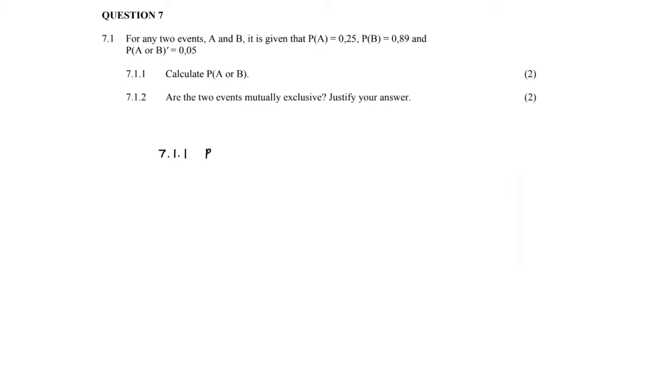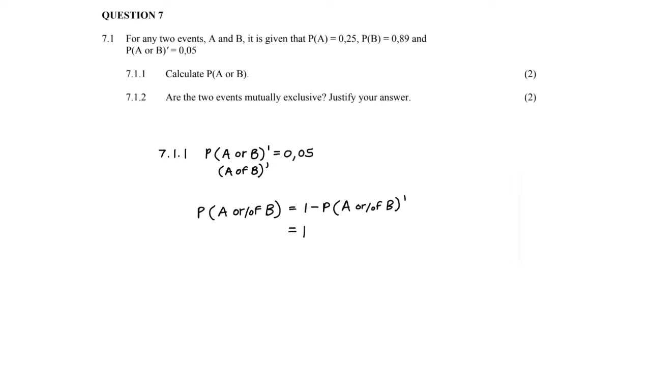Now let's take a look at question 7.1.1. Calculate the probability of A or B. Now we are given that the complement of the probability of A or B is equal to 0,05. This represents the probability that neither event A nor event B occurs. So we use the formula, the probability of A or B equals 1 minus the probability of (A or B) prime. Now we substitute the value of 0,05 into this formula and then we get